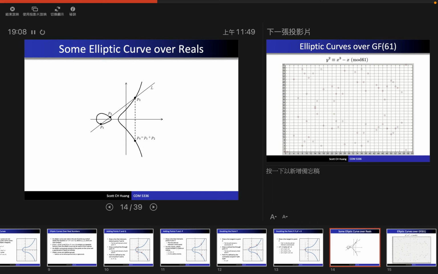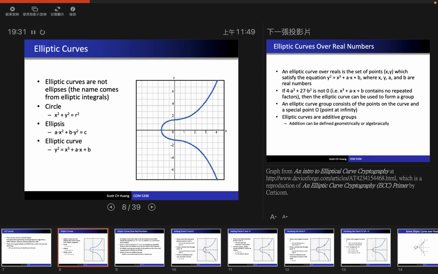Okay. Sometimes you may have a degenerate case. The degenerate case is something like this. You may have something like this. Degenerate case. They actually touch each other. It's possible. Okay. This is a degenerate case. But anyway, let's just think about it this way. Okay, so the elliptic curve will look like this. Okay. And then if a degenerate case like this happens,